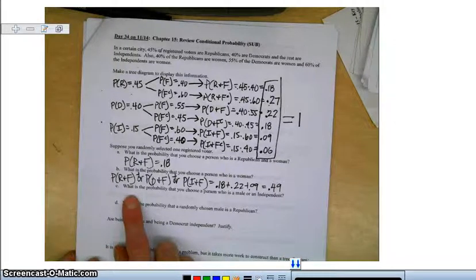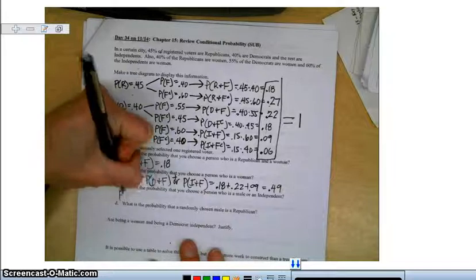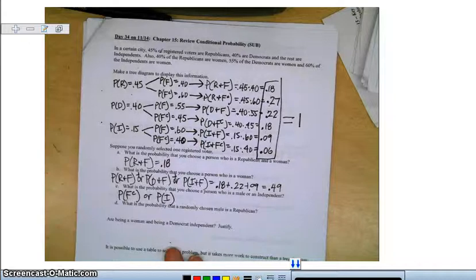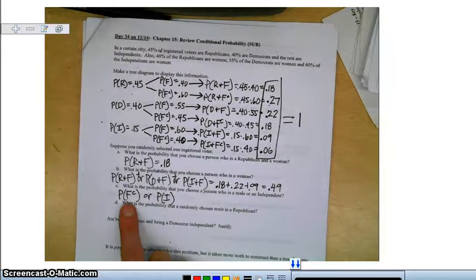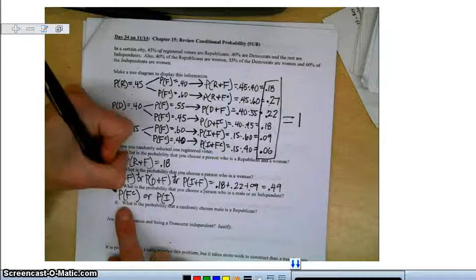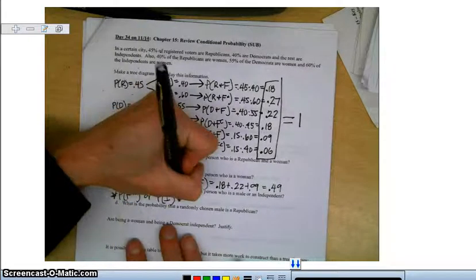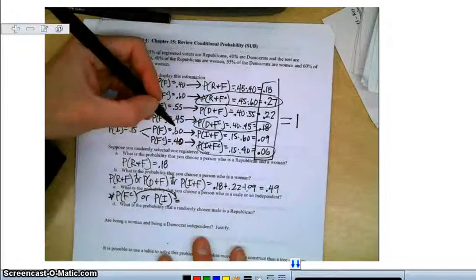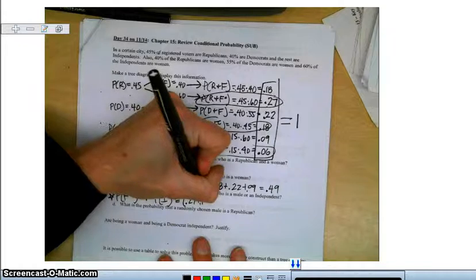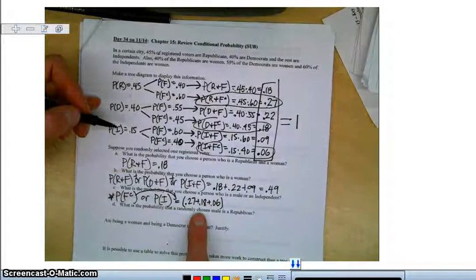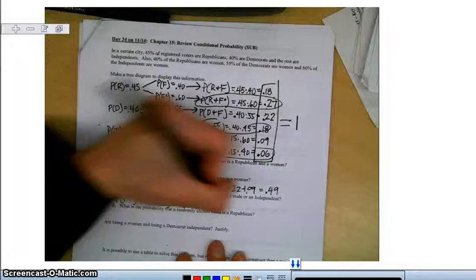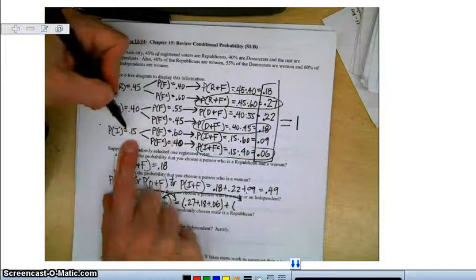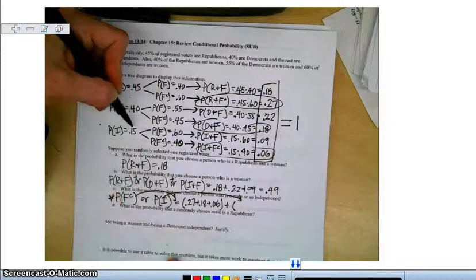What is the probability that you choose a person who is a male? Probability that you, in other words, choose female complement, or the probability that you just choose an independent? Okay, well, so what ones are you going to add up for this one? You're going to add up the three male things, so there's three things that are males. Okay, so you're going to add up 0.27 plus 0.18 plus 0.06, so that's going to be the probability that you are a male. And then you're going to add up all the independent ones, right? So all the independent, well, aren't just the independents there, 0.15 already? So plus 0.15